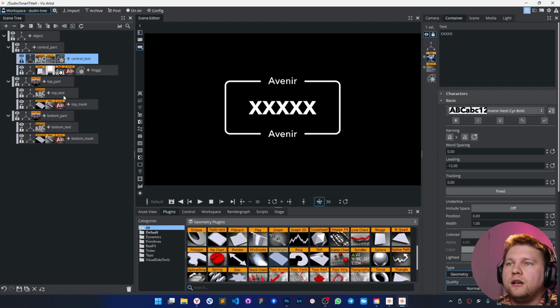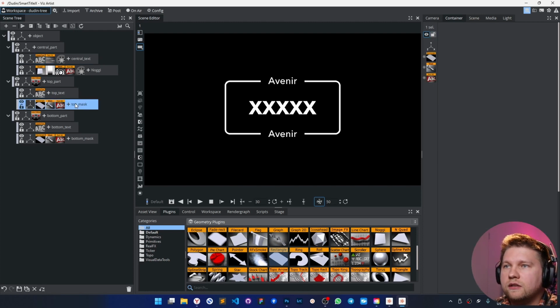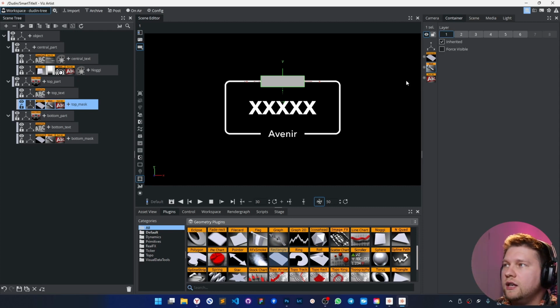Okay, what I'm going to do, let's start from the top. I'm going to use this mask not only for the cutting from the border, but also cutting out the outer space for the text. So for this, I'm going to use the second layer.